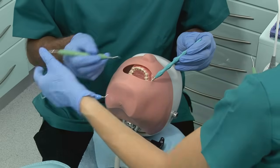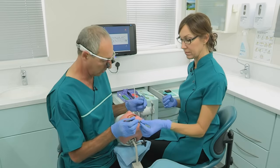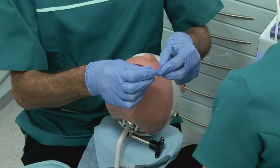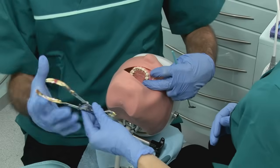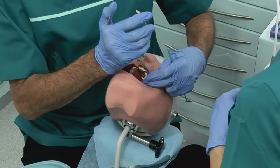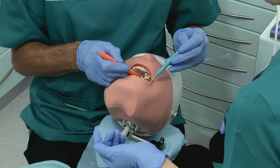Okay, so I think now we're ready to fill the cavity. Having done the cavity, checked it, we now want to put our band system on. Lots of different band systems, but we'll use this one today. Put it onto the mesial of that 5. Sally will give me the wedge. So we'll get the wedge in there. And if you're going to use a clamp on that, the thing to really notice is that I've got nothing on my side. It's all coming at me here from the nurse's side,